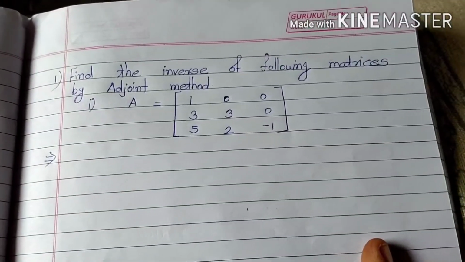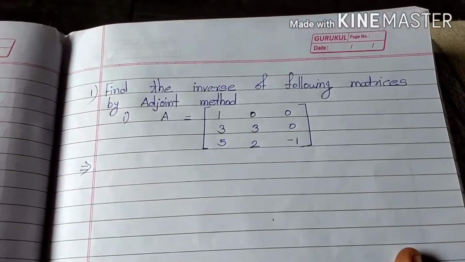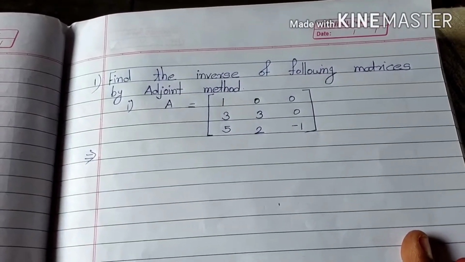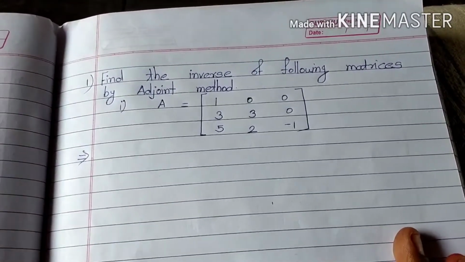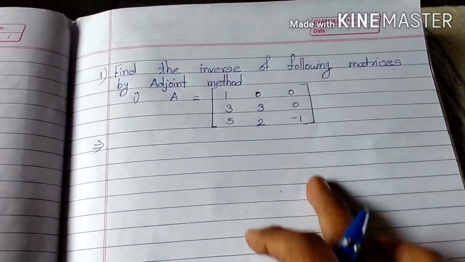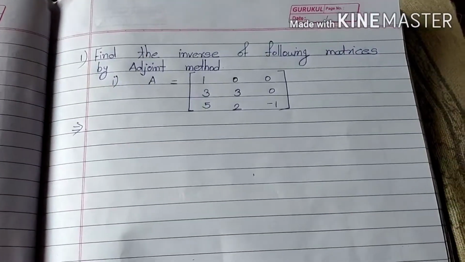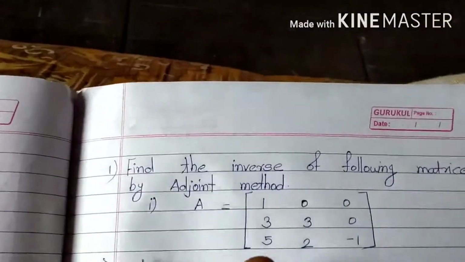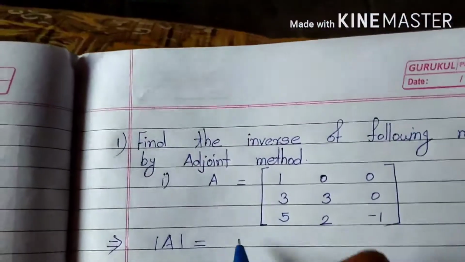Hello students, in the last lecture we found the inverse of a matrix by the adjoint method. Now we continue it with a 3 by 3 matrix. The procedure is the same. First find the determinant. So the determinant of A is equal to